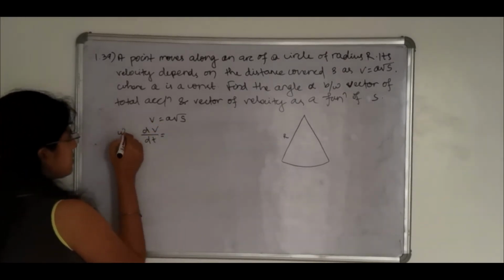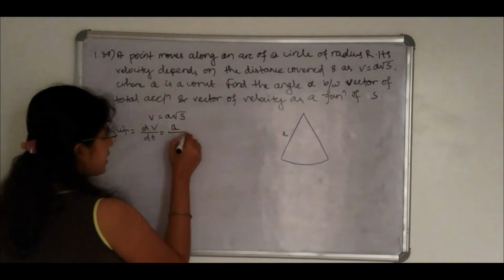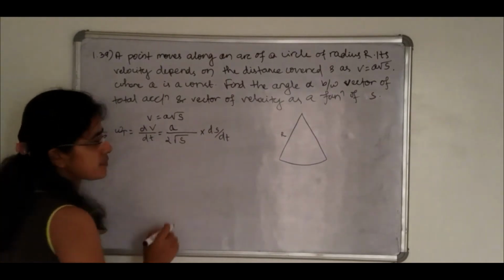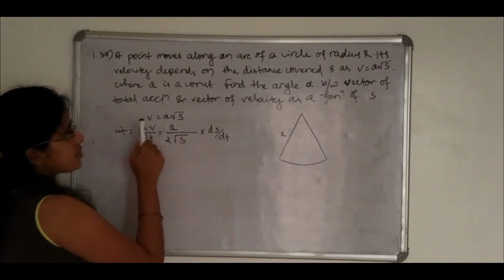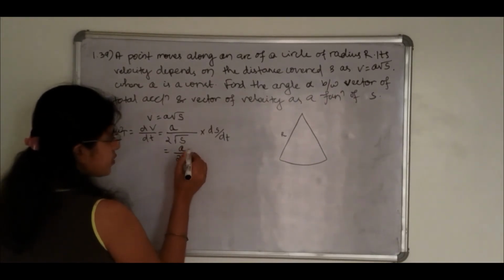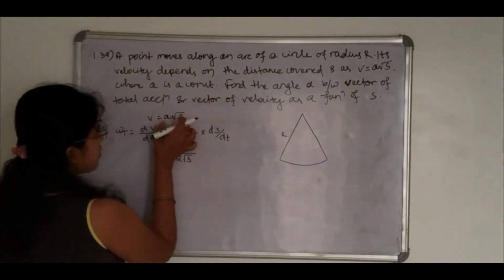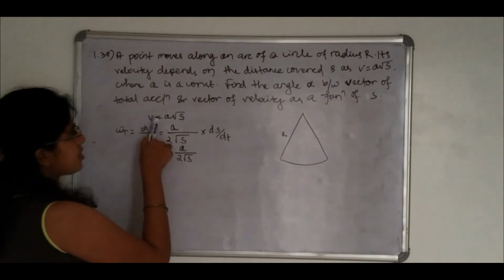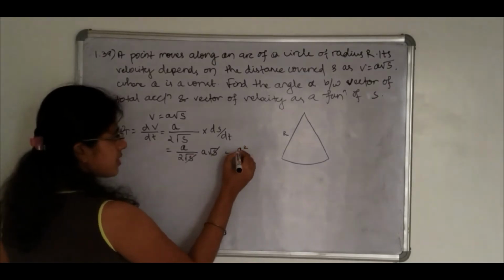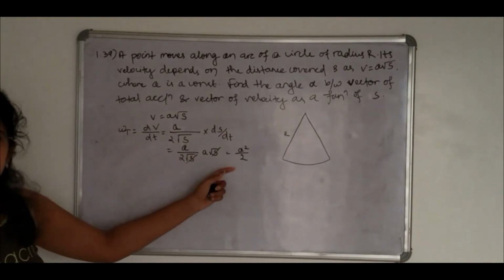Simply differentiate this. So this will be a into 1 by 2, because a is a constant, it is given in the question. So this will be a divided by 2 into root over of s, times ds by dt. Velocity we know, so simply put the value of velocity here. Velocity is a into root over of s. The root s cancels out, so this will be a square divided by 2. So tangential acceleration is a square divided by 2 and it is a positive quantity.